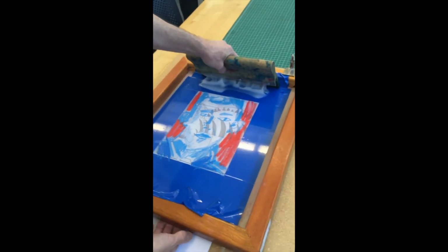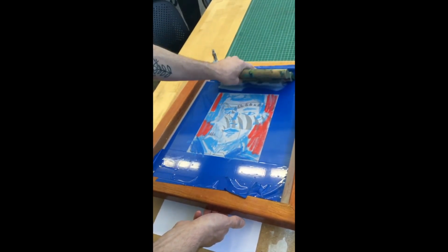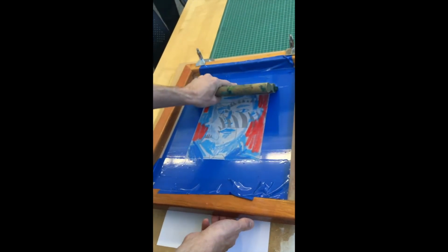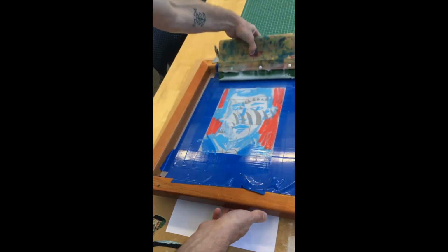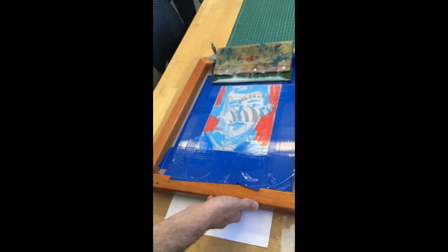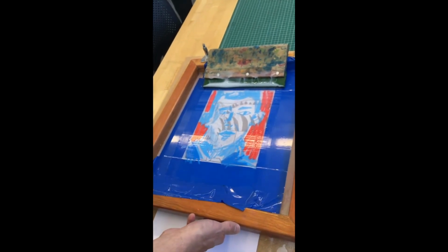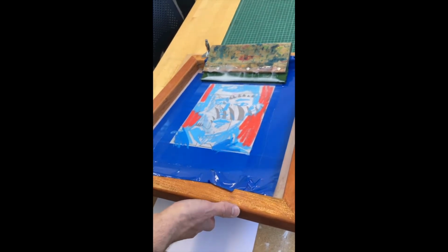With this process, I'm going to grab all the base and just drag it across lightly, and just let it sit for a second to let all the pigment get loose and release from the screen. This is a polyester mesh,